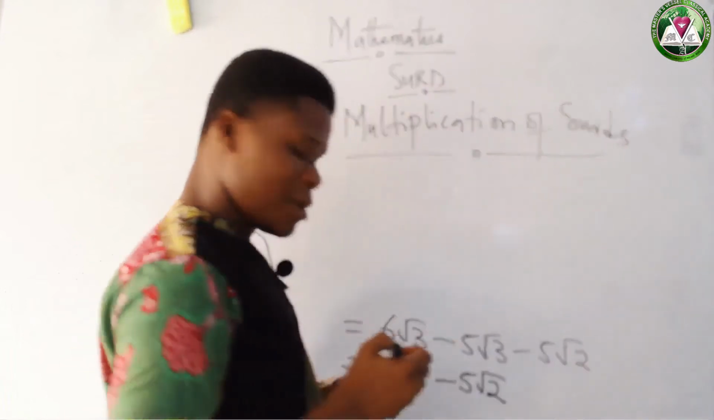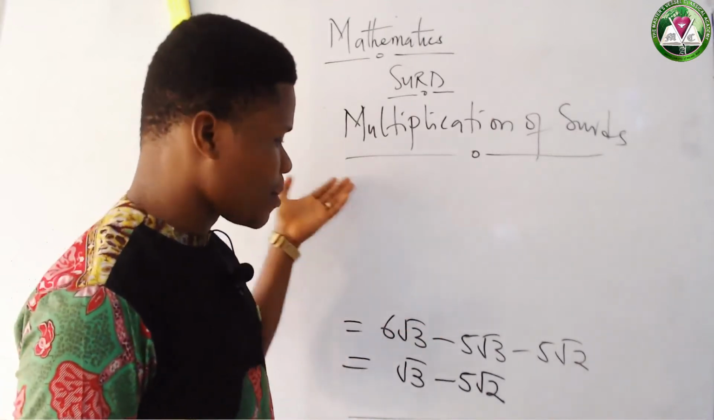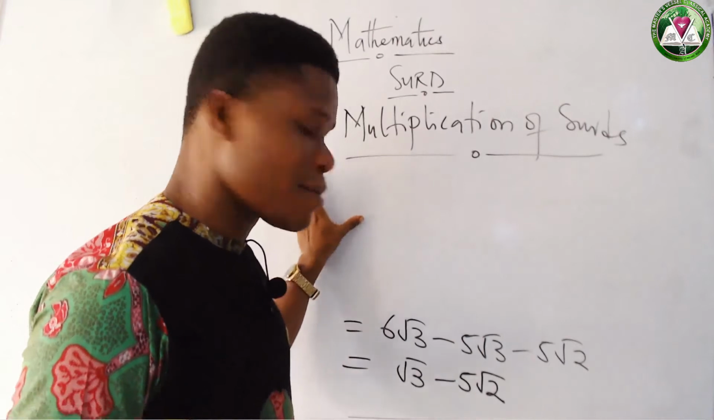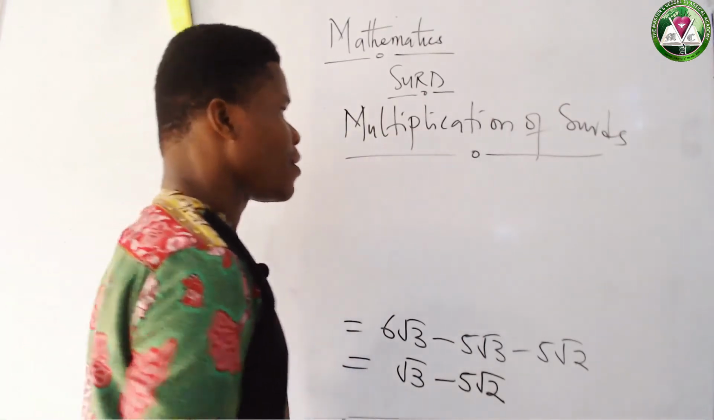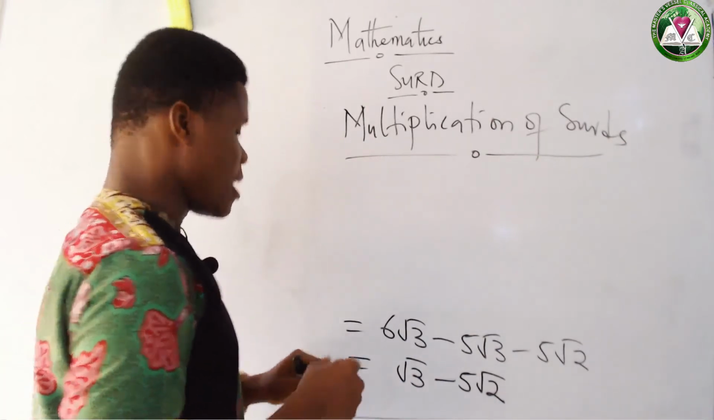So that we can do the 4 basic mathematical operations in surds. We can add, we can subtract, we can multiply, we can divide. So we want to look at multiplication of surds. Now, in multiplying surds, it's very important we know that root p